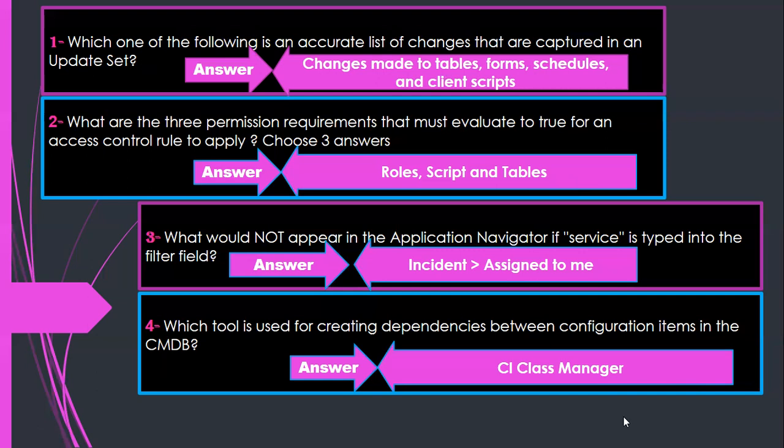Those who are working on ITOM, and those who are managing the CMDB, can easily provide the answer immediately. It's the CI Class Manager, correct? Only with that can they create the dependency and all. So that is the whole thing. Moving toward the next question.